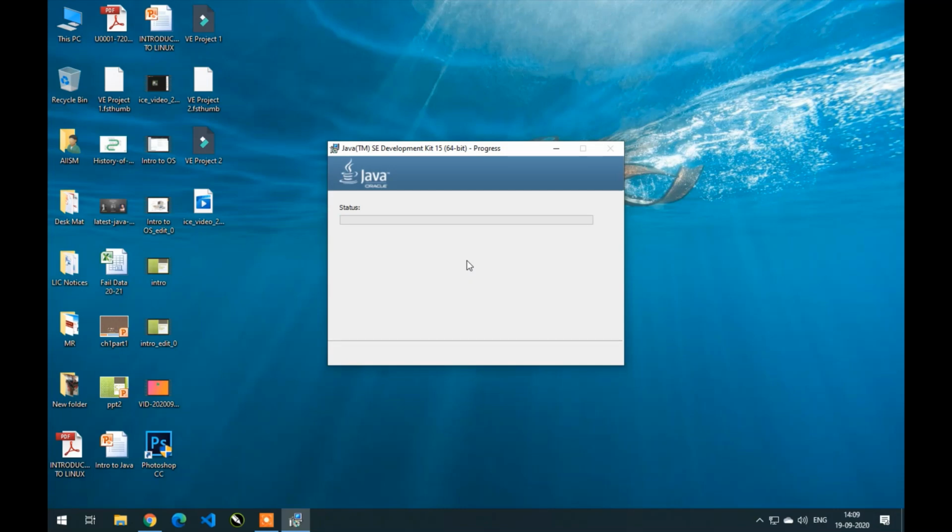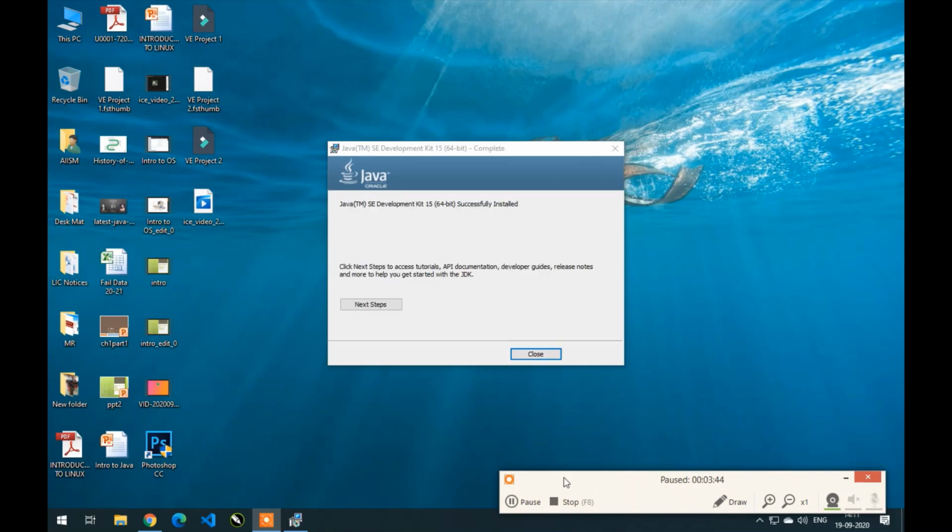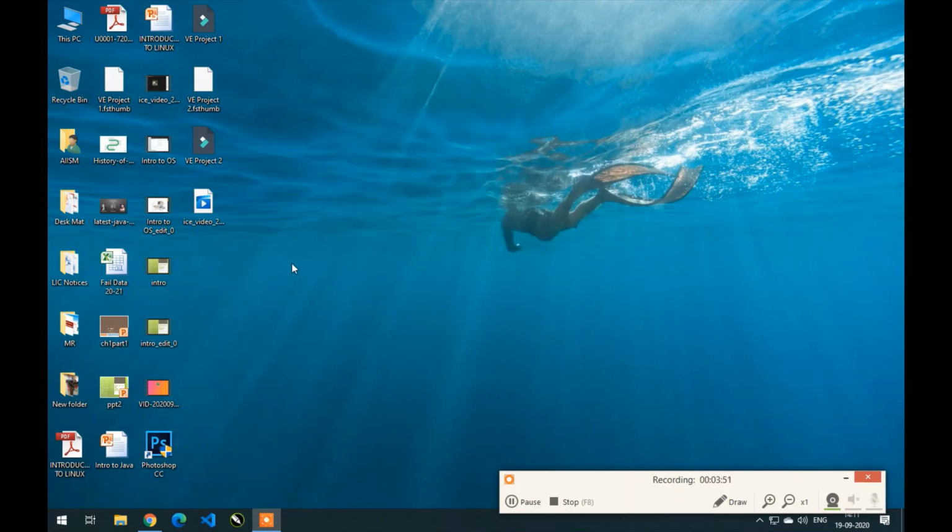It will take a while. Once it is installed, it will show a dialog box, so simply click on close. This completes the installation of Java, JDK 15, on your system.